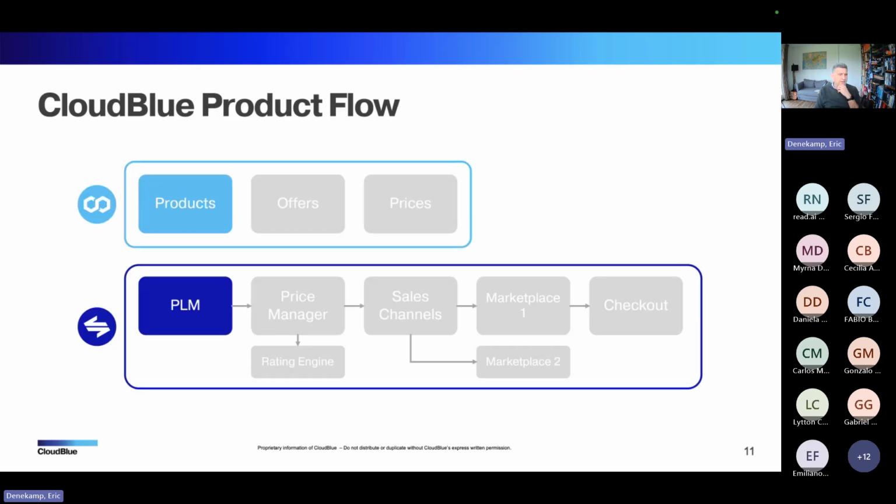So what are the products that are involved? Well, the products involved in this case are just Connect, the product part of Connect, and PLM in commerce. Those two are involved. Offers and prices in Connect are not taken into consideration at this point.